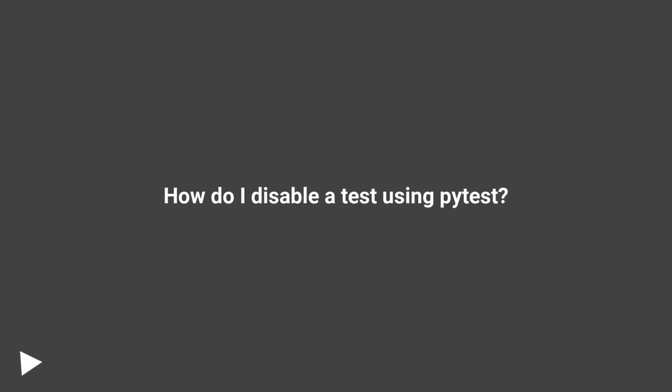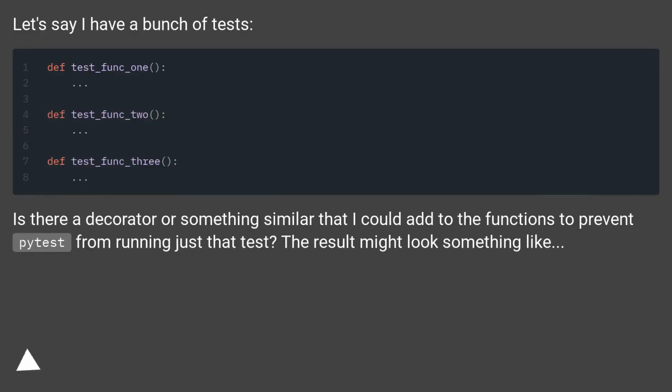How do I disable a test using pytest? Let's say I have a bunch of tests. Is there a decorator or something similar that I could add to the functions to prevent pytest from running just that test? The result might look something like